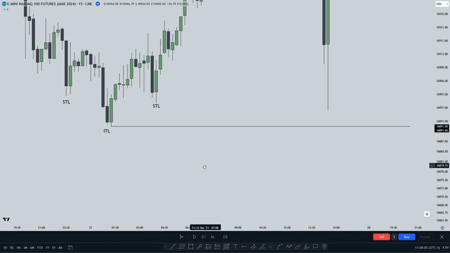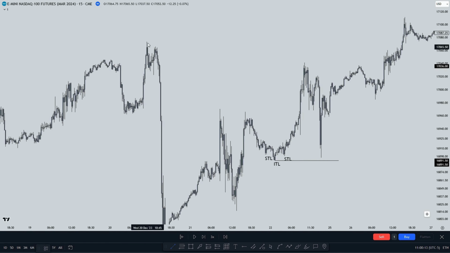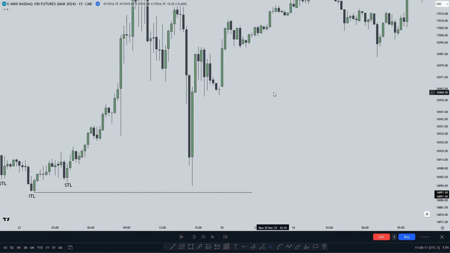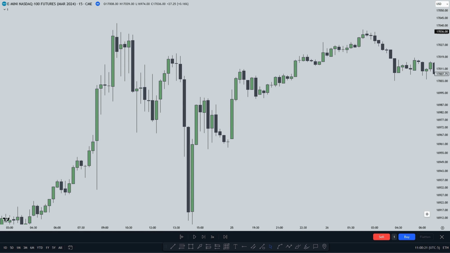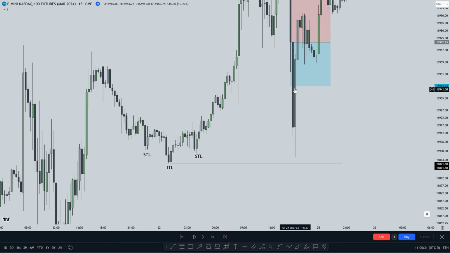So as we see, price has not shifted the order flow yet, and the draw on liquidity would most likely be at these highs up here. So then we would not take a short right here. So let's say we were to take a short when price closed below this failure gap, creating an inversion failure gap, put our stop loss at an invalidation,